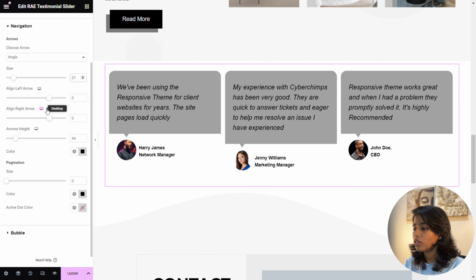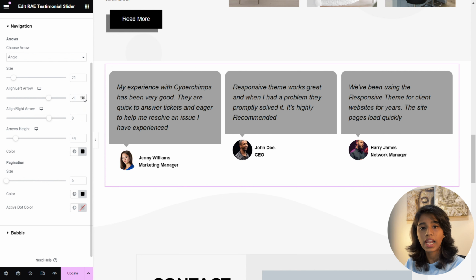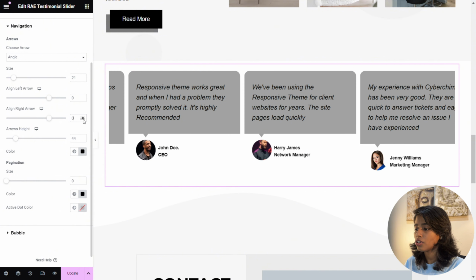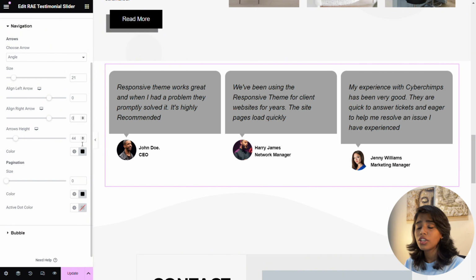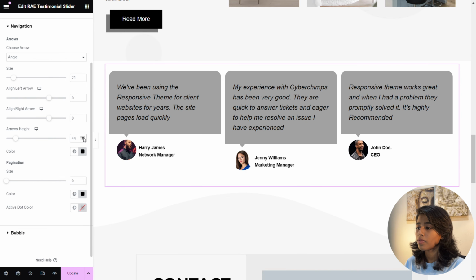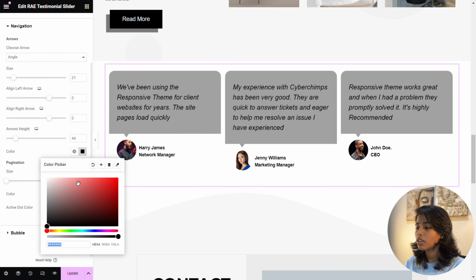Align Left Arrow sets the left arrow's horizontal position, whereas Align Right Arrow option sets the right arrow's horizontal position. Here you can set the arrow's height,